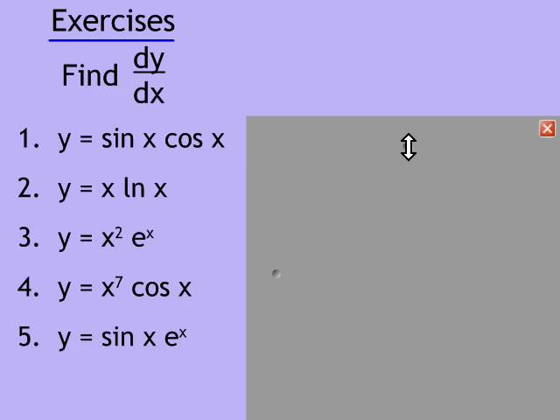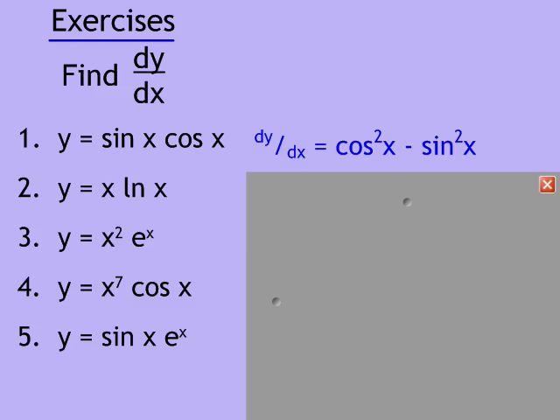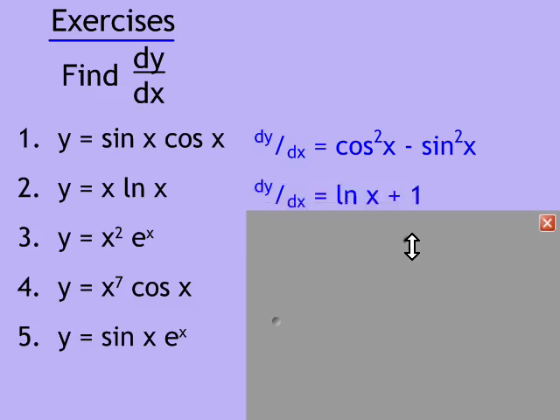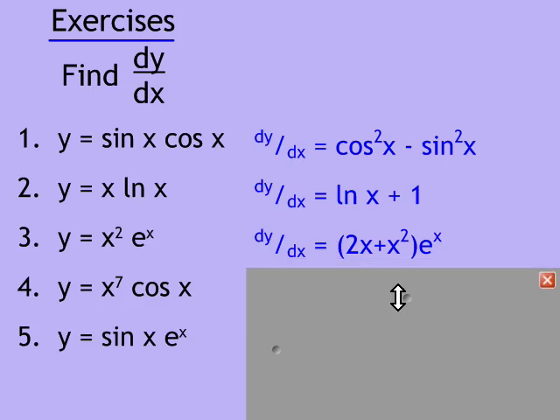Here come the answers. The first one: cos squared x minus sin squared x, or cos x minus sin x times cos x plus sin x. The second one: ln x plus 1. I hope you simplified that down a little bit. And then the third one, I've written as (2x plus x squared) times e to the x. But you probably wrote something like 2x e to the x plus x squared e to the x, which is